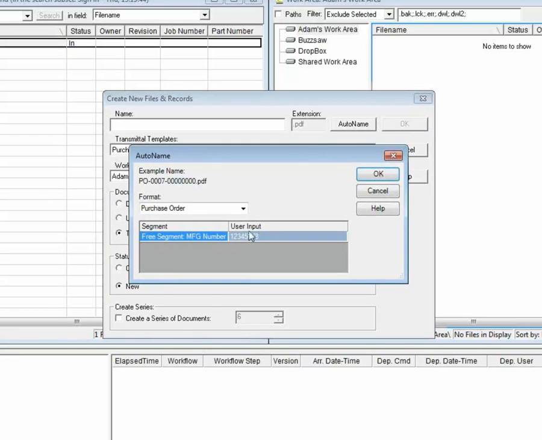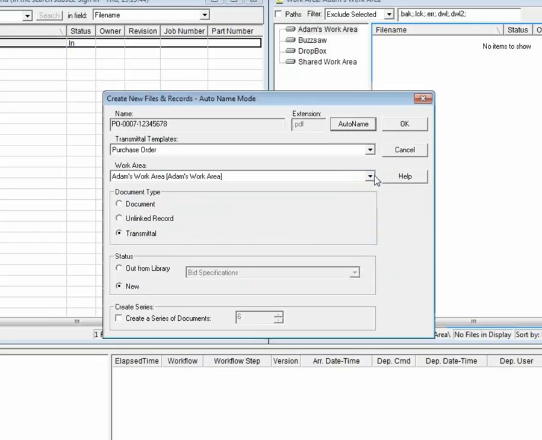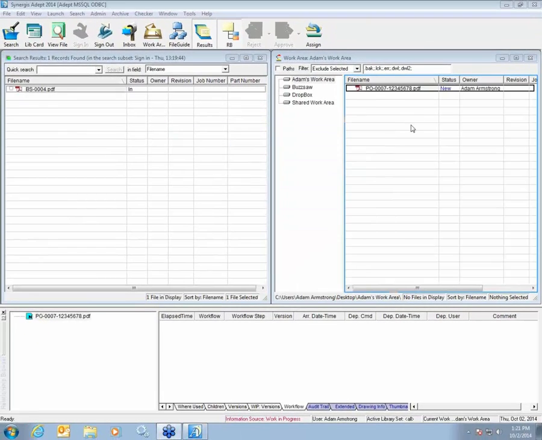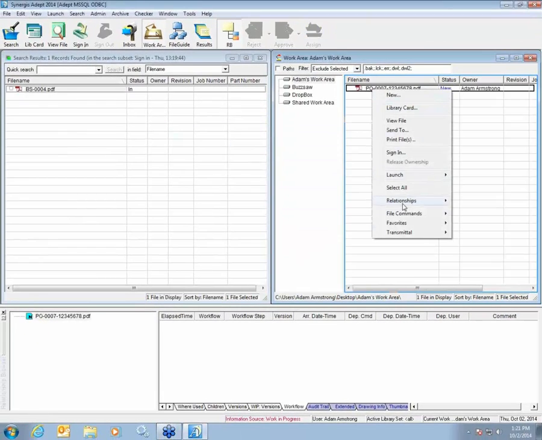This could be a project number. It could be a PO number that came from another system. This naming convention is just one example. This will create that purchase order in my work area, just like the other documents. And I can say I would like it related to